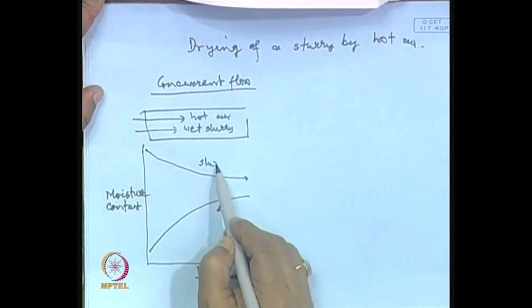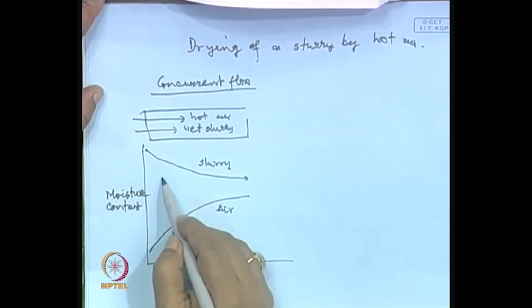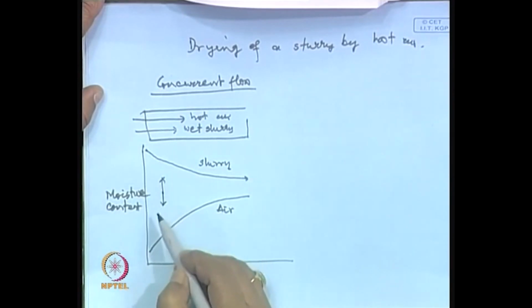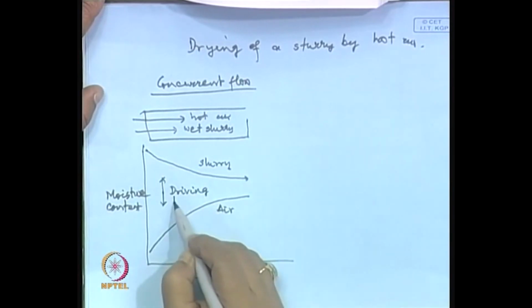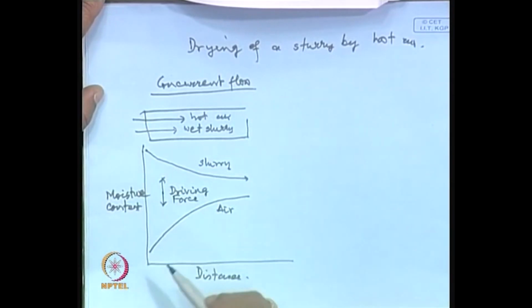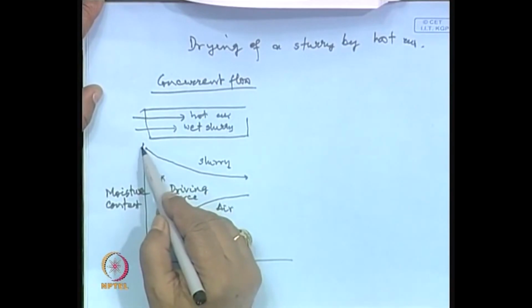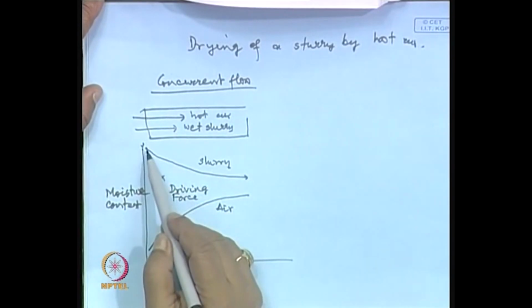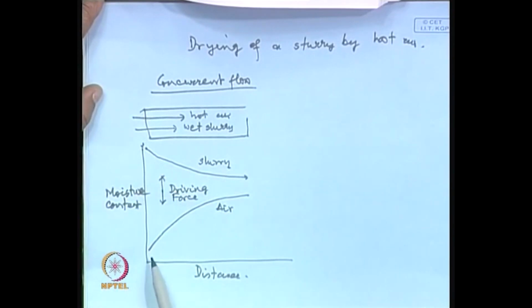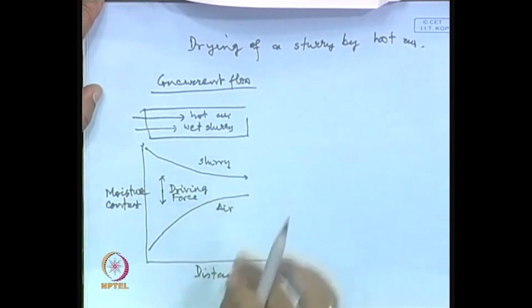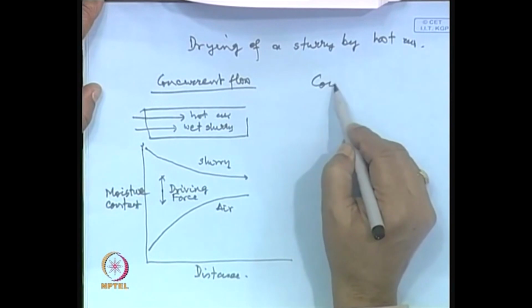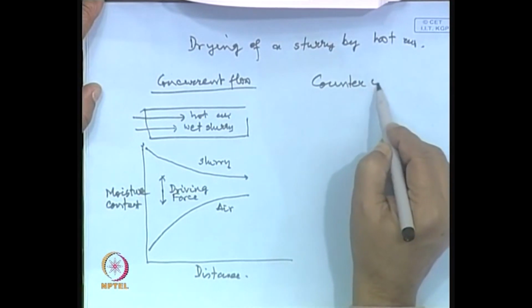lose moisture content. Now, initially the driving force for drying is very high, because there is a big difference between the moisture level in the slurry and the moisture level in air. But after some time, the driving force comes down, and therefore, the process is not very effective any longer. Whereas, in the counter current